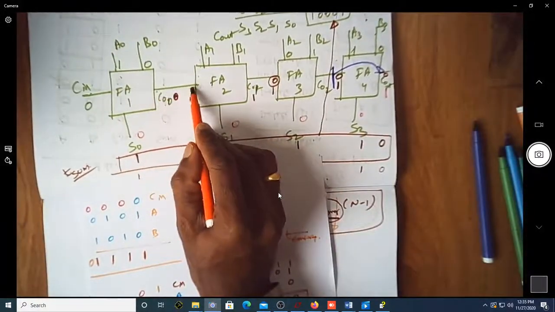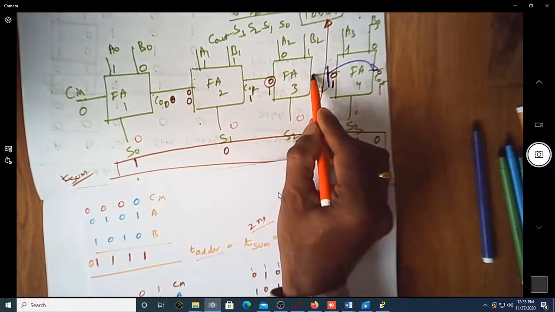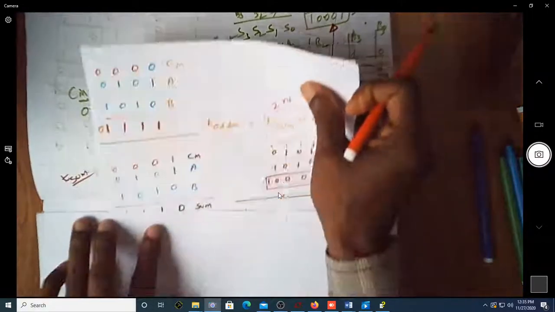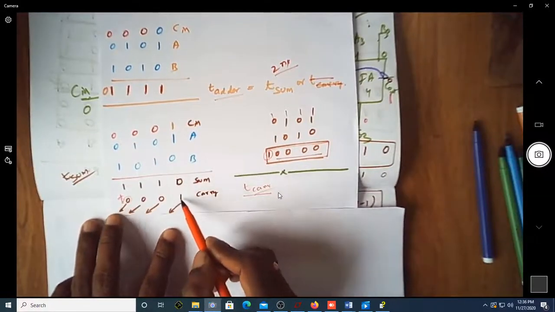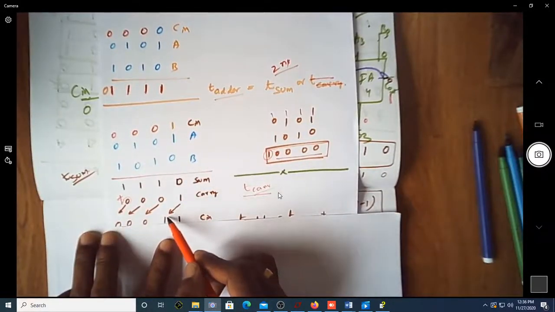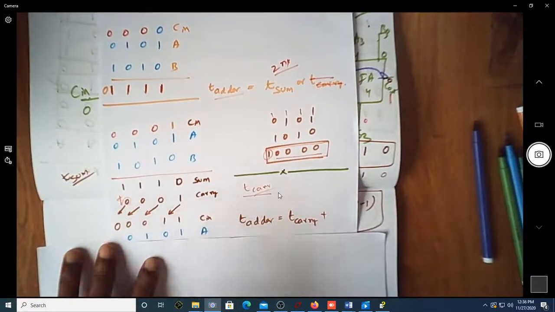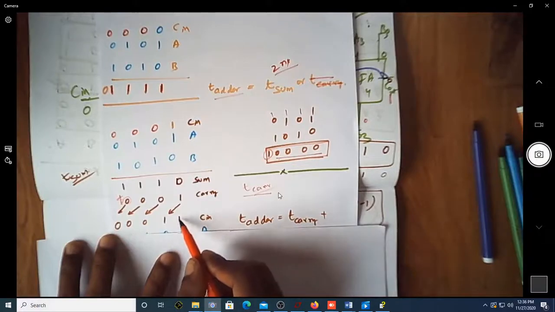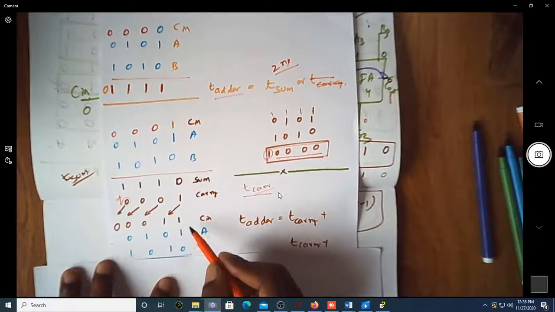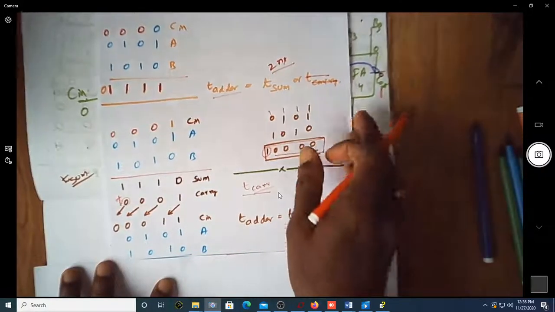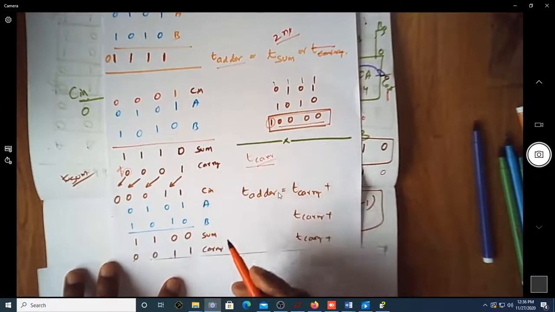Okay, now as we know, this carry will be going to this, and this carry will be going to this. Carry out is going to the carry in of this, and this carry out is going to the carry in of this. This is how it is propagating. Whatever carry you generated is going here, and this 0 that was generated is now going to the next stage. Of course this will go out. Since I have Cin as 1, this is now my actual input for the second instance, so I will get the sum and carry outputs accordingly.